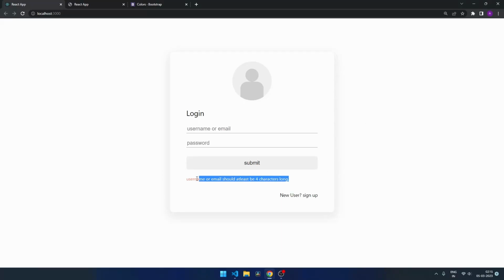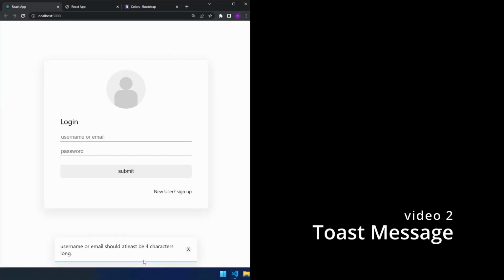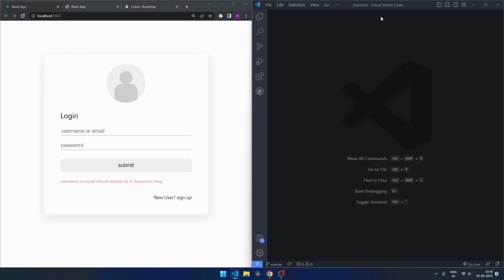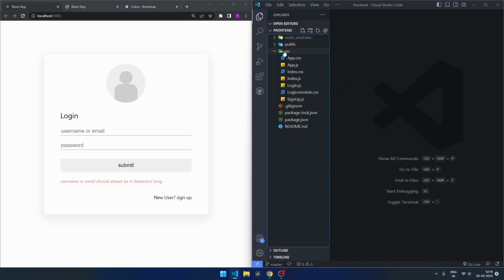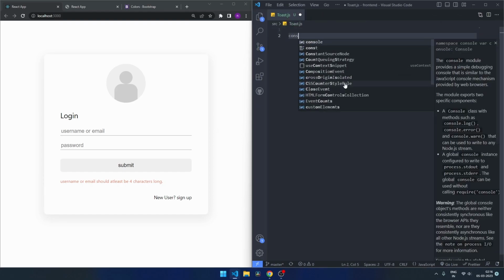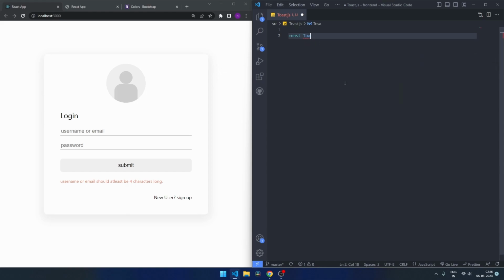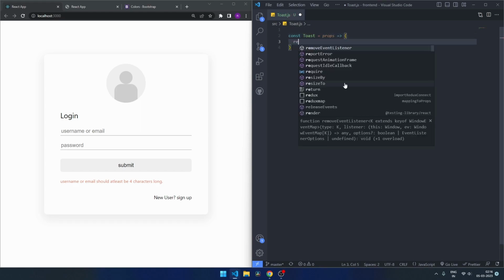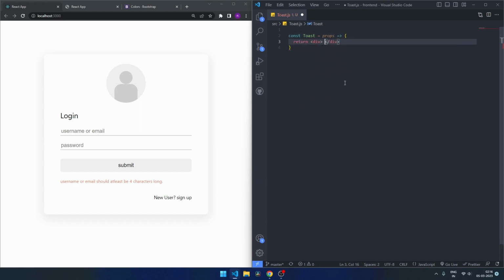So we'll be changing this error message. We'll open our project in VS Code. First we'll create a new file called toast.js. This is a functional component, so const toast equals props, and this will return a div which says toast. So we'll export this component, toast,